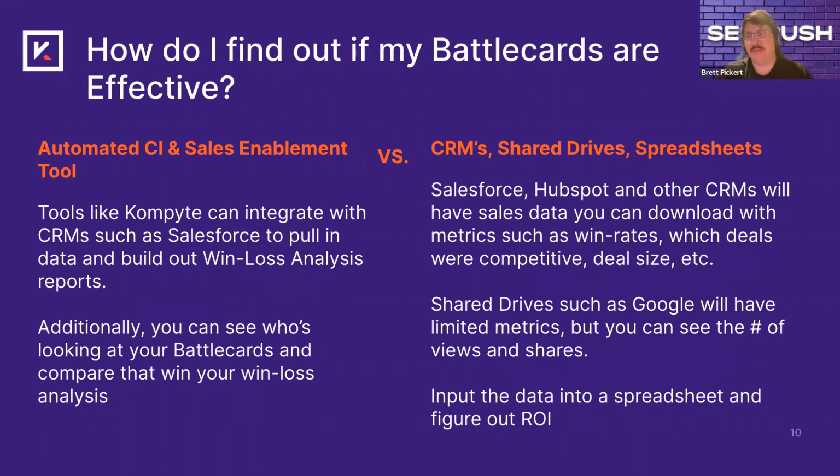Now we get into the fun part of this. How do I find out if my battle cards are effective? Now, there's 2 different routes to go here. The first one involves Compite, which is an automated CI and sales enablement tool. CI is competitive intelligence. So tools like Compite can integrate with CRMs such as Salesforce, pull in your sales data,